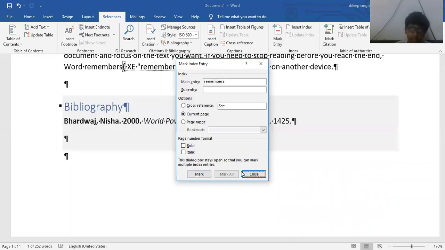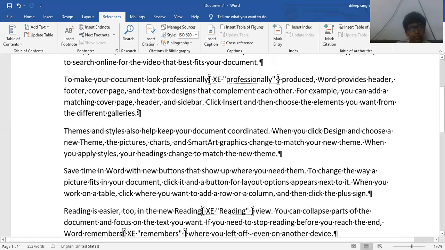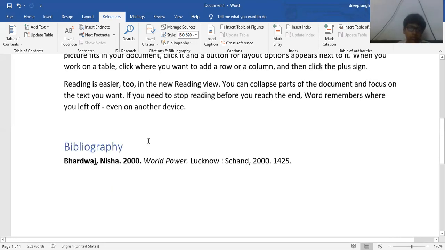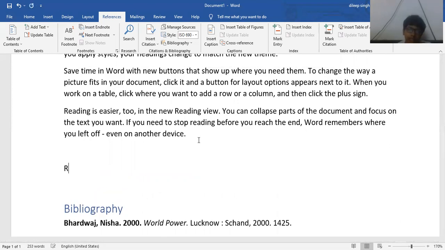Okay. If you want to remove these symbols, that is the paragraph symbol or tab, just press Control Shift plus 8. Control Shift plus 8 is a shortcut key to remove non-printable items.